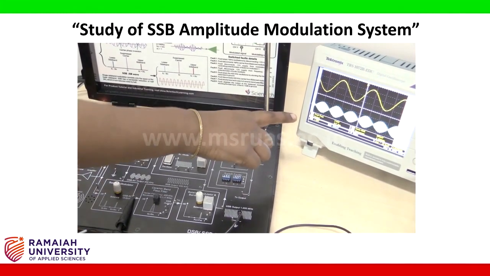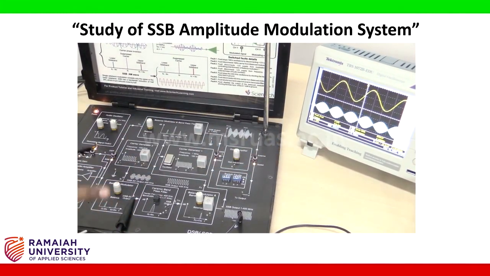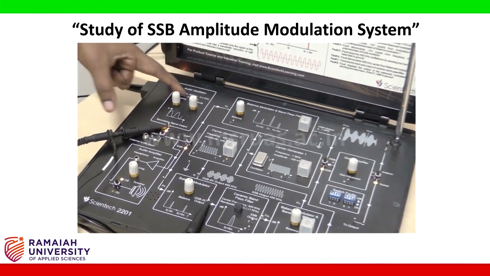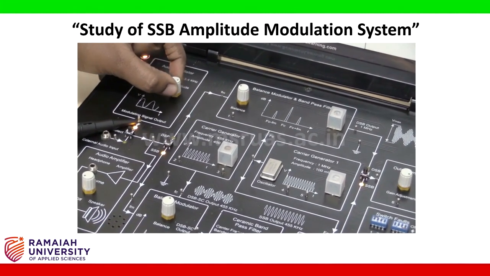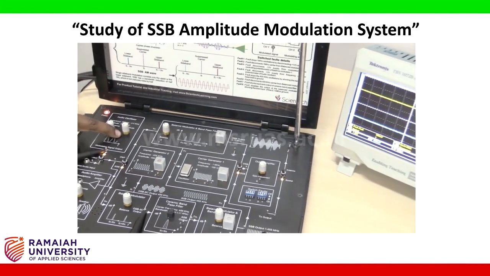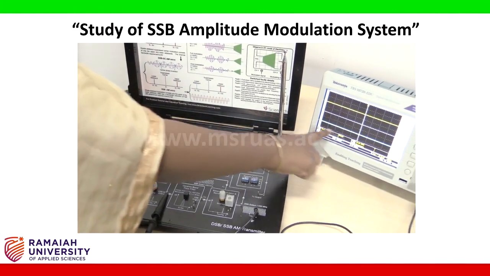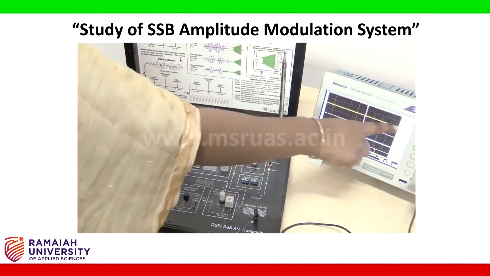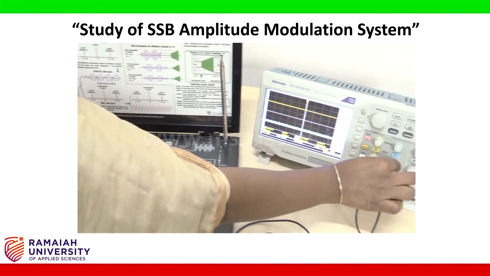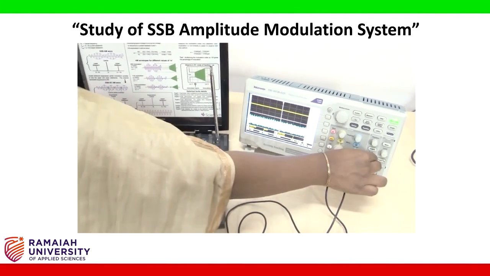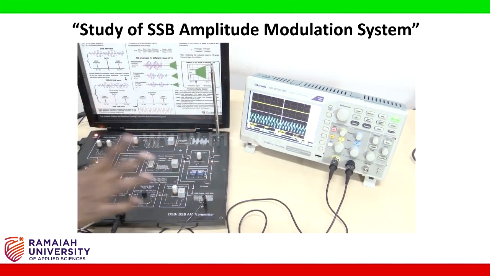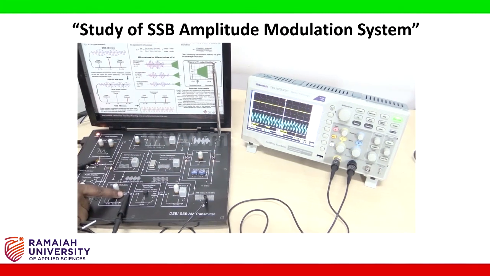So now here we will suppress the carrier. For that, these steps should be followed. First you should make the audio oscillator amplitude 0. So this is the fullest anti-clockwise. It represents 0. You can see that in the CRO there is no message signal at all. First channel belongs to message, so it is absent now. So now whatever is available here, you can increase the scale. So you can see that this is purely carrier which is available in the second channel.